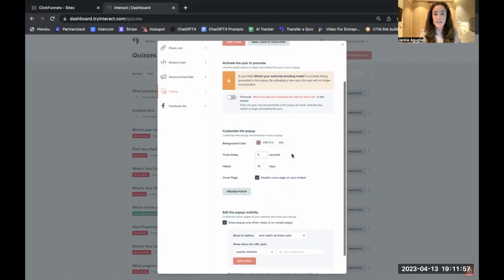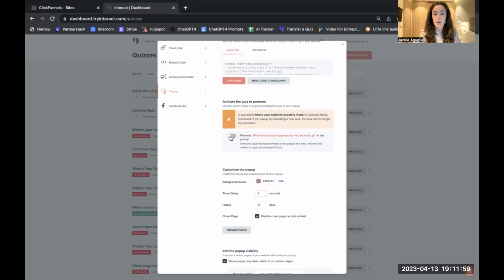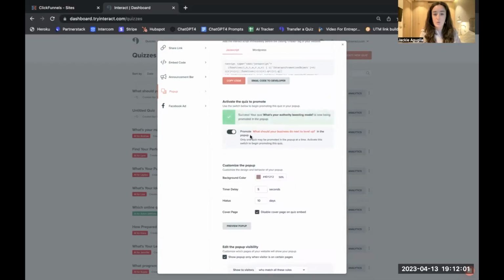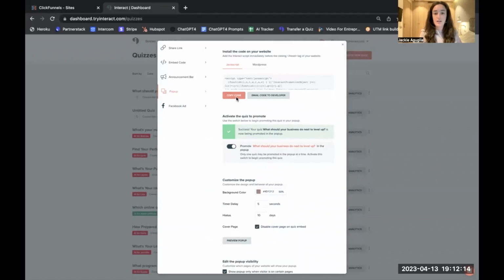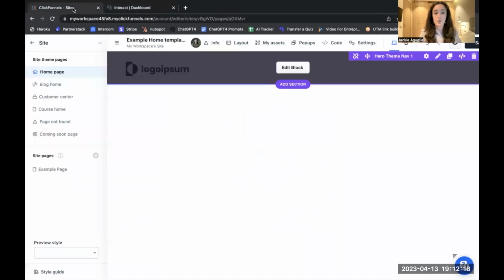So once you have your settings as you would like, you're going to want to toggle on promote this quiz in the pop-up. You are only allowed to promote one quiz in a pop-up at a time. So if you are running multiple quizzes, it's just one pop-up that will be available for you at a time. Once you've toggled this on, go ahead and click copy code, and then you're going to go over to your